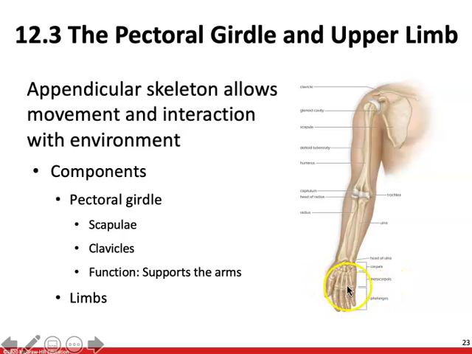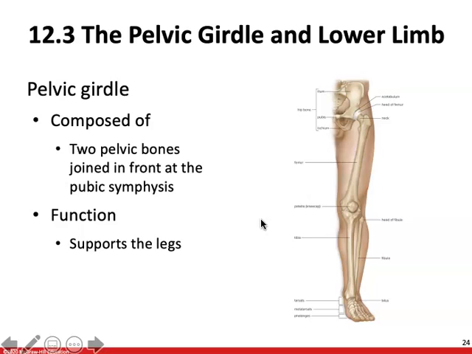That'll be this right in here. And then branching out from there, we have our phalanges. Our phalanges is going to be from that first knuckle onwards. Those are going to be the bones of the finger and the thumb. So that's our upper